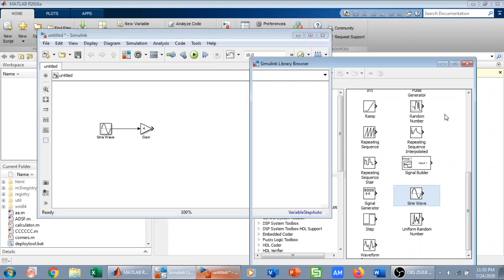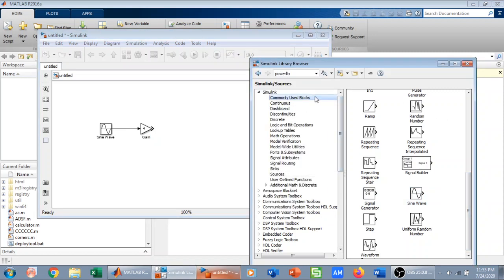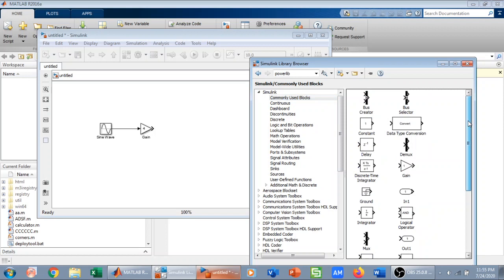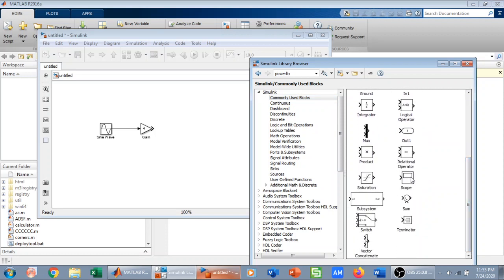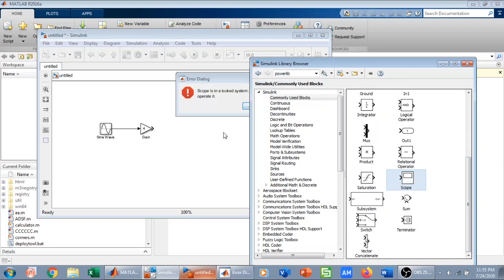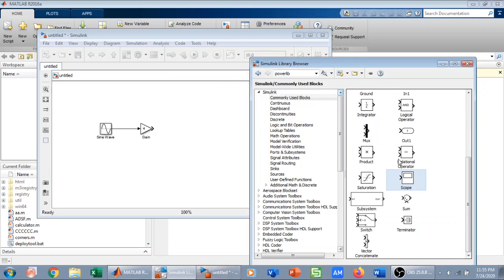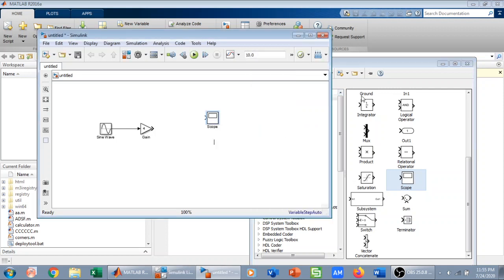I will search for scope here. Hopefully I will get the scope in commonly used blocks. Here we go, we have the scope. I will again drag and drop it here. Now it's asking me about the number of input ports. I need two input ports because I want to visualize the sine wave and the sine wave multiplied by 4.